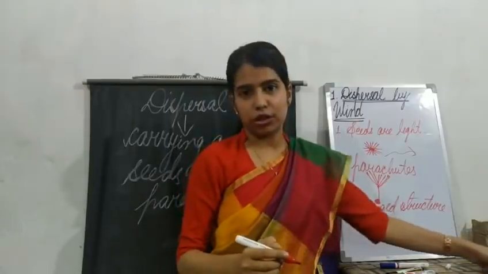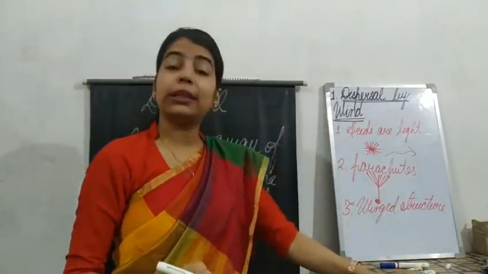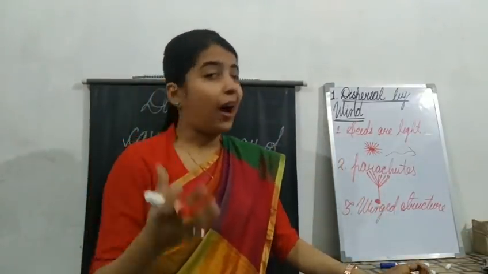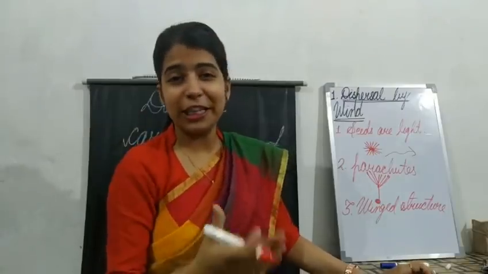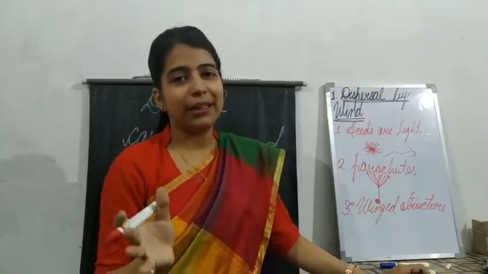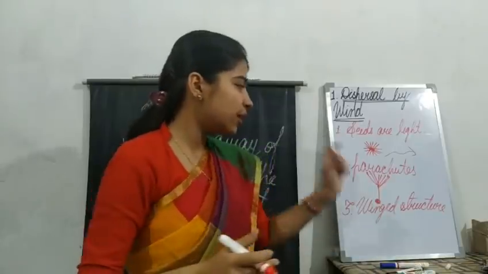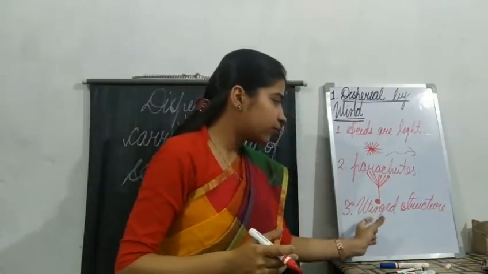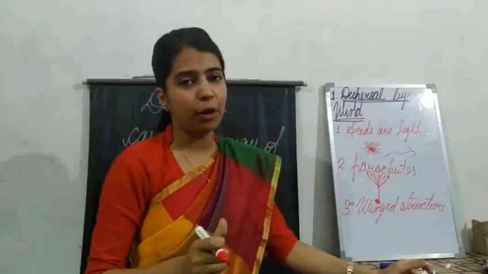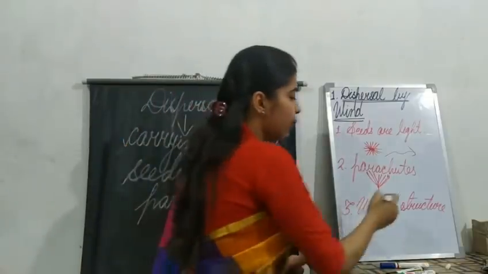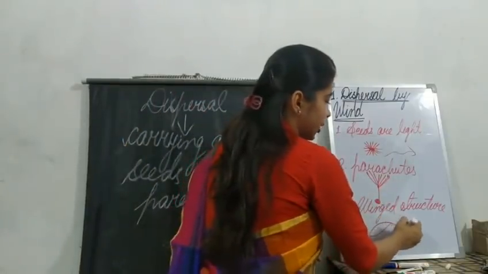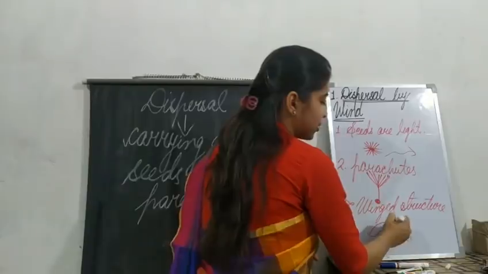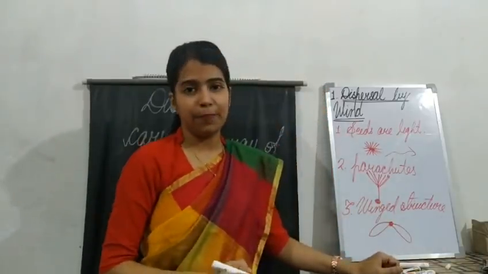Okay, winged structure. Now, one more, that is sycamore. Okay, how to explain you? If you see the picture in the book, you will get the idea of it. Okay, so they have the seeds of sycamore plant. They have wing-like structures. Okay, the seeds will have wing-like structures, just like a butterfly, or you can say a